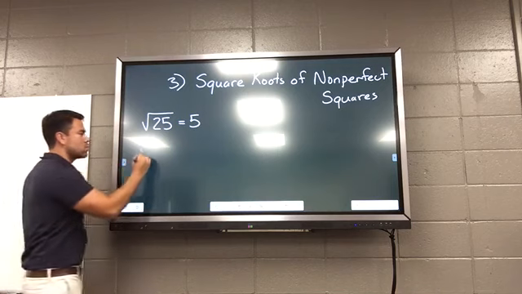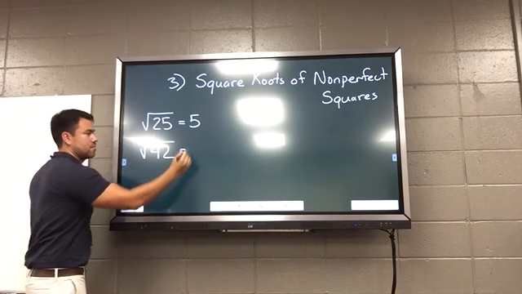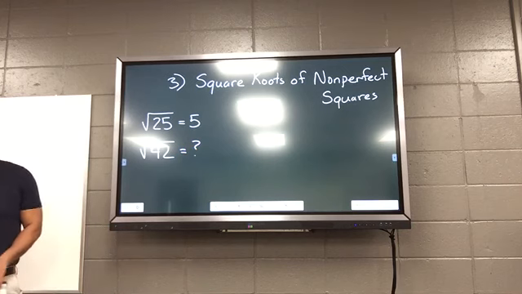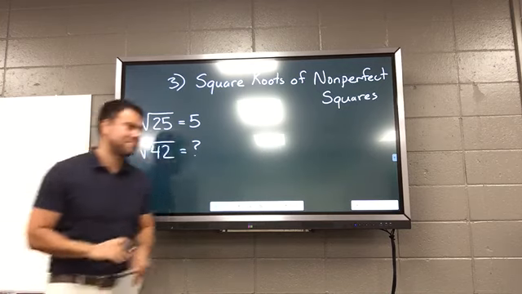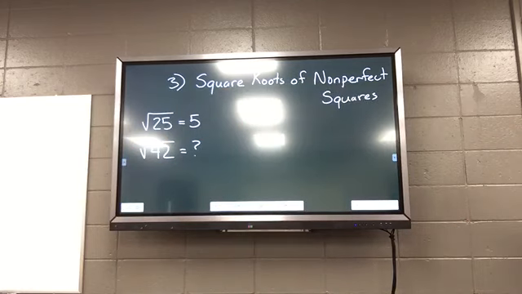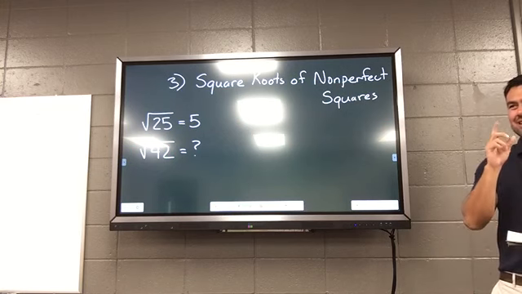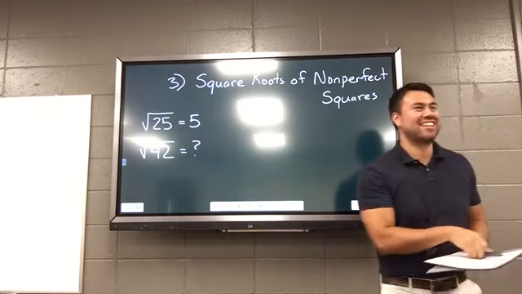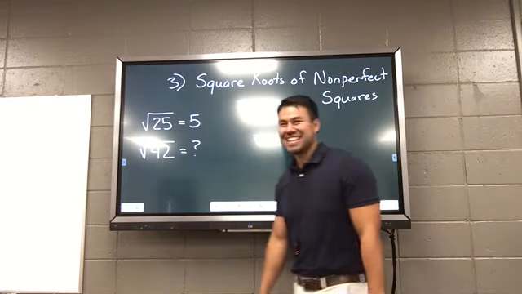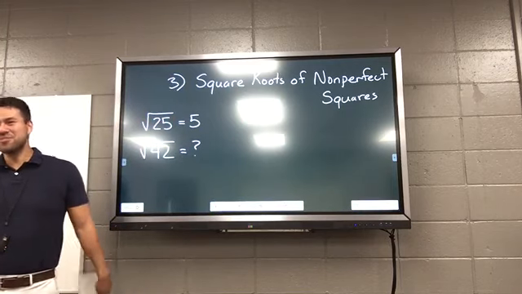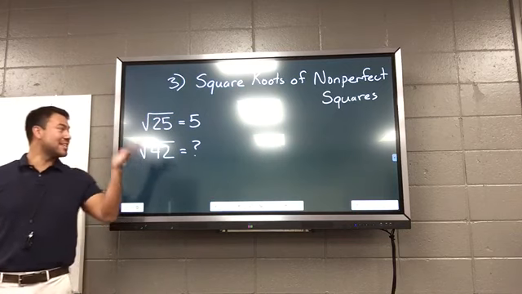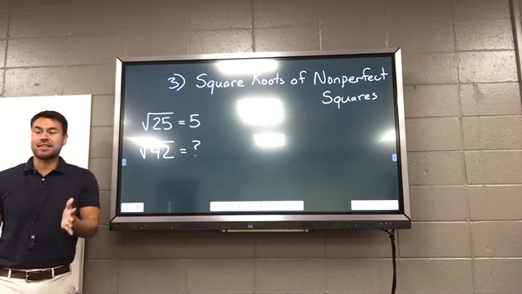But what's the square root of 42? Yeah, that's good. Somewhere between 6 and 7. Get more specific. 6 and 7? Okay, cool. Yes, Davis, it is between 6 and 7, but get more specific because